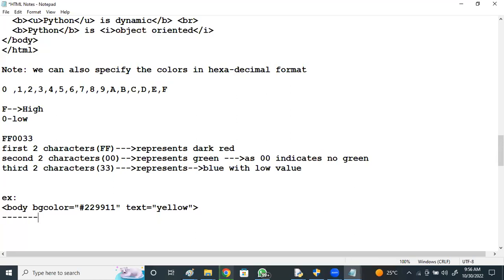Next is headings. I want some headings. Specifying some headings, right?